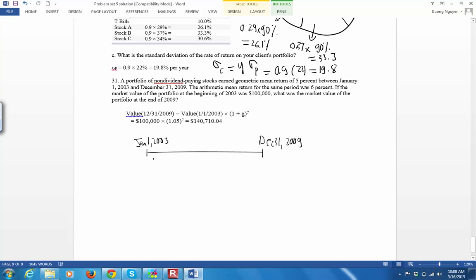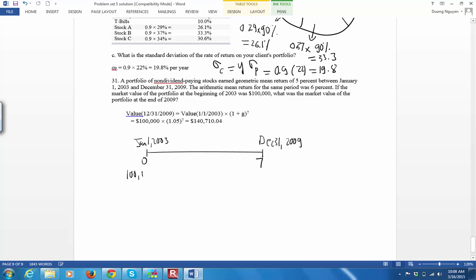So how many years is this? This is the beginning of the year 2003, and this is the ending of the year 2009, so you have a total of 7 years, from the beginning of 03 to the end of 09. And at the beginning you have